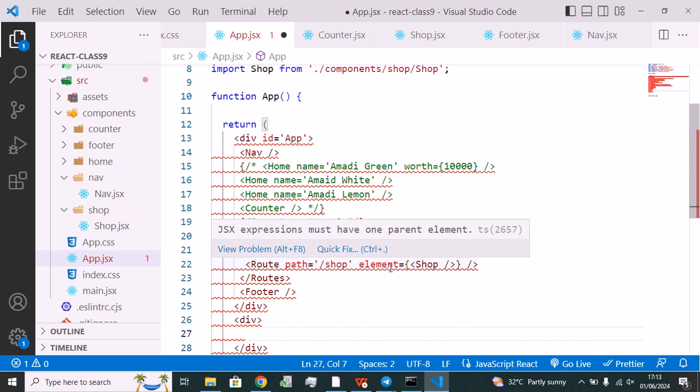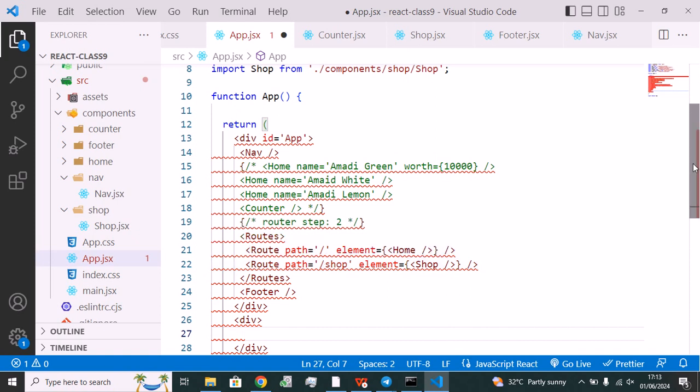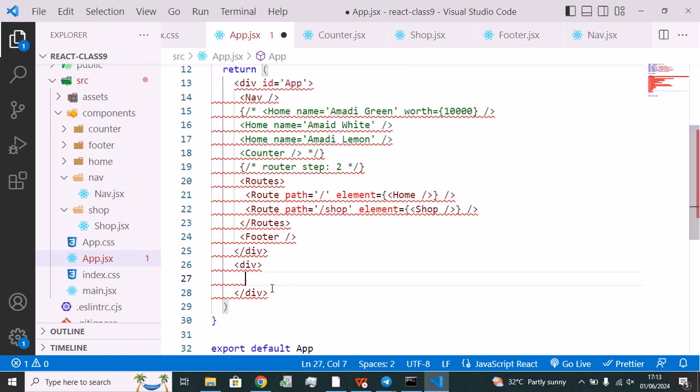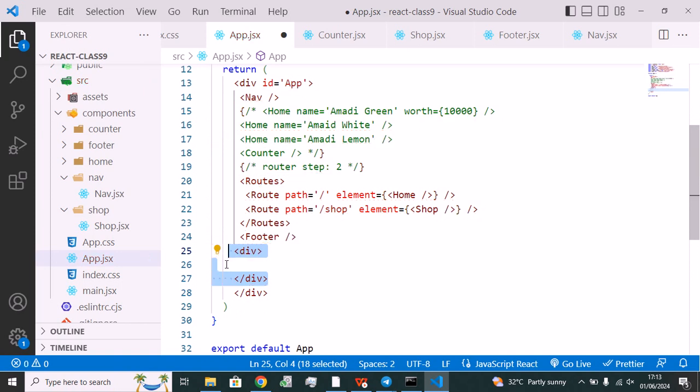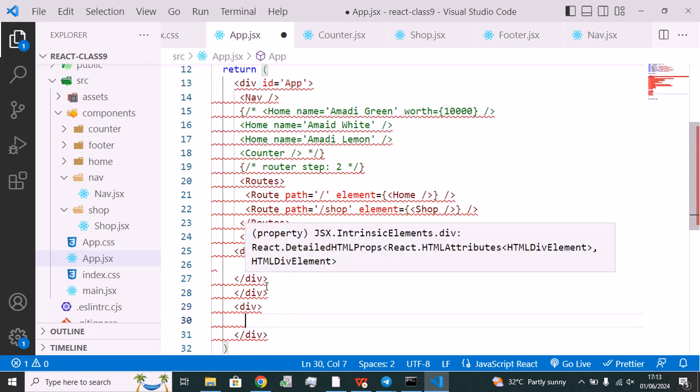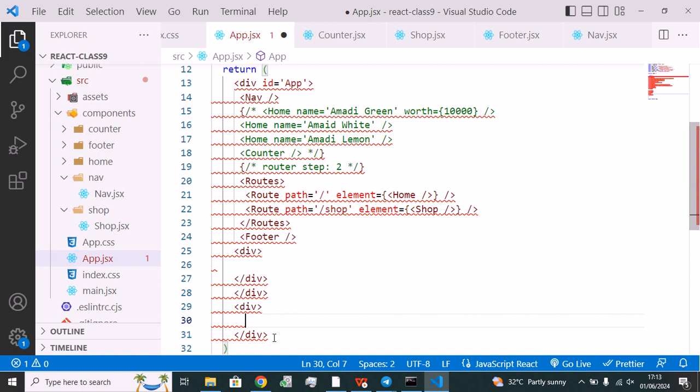So a quick way to fix this, if you need it in your application, is to move this div inside this parent div of app, or if you create it inside here as a div like this, you see I will have the same error now. Then to fix this, I have to use a fragment. So I'll do Ctrl X and put a fragment like this,